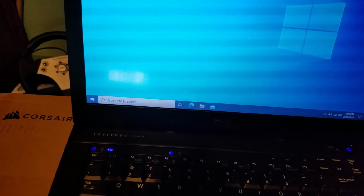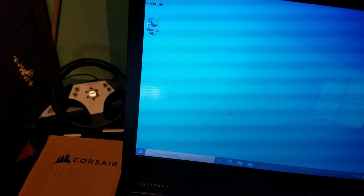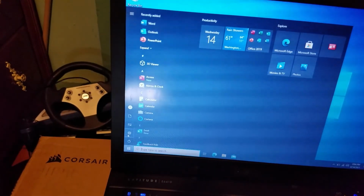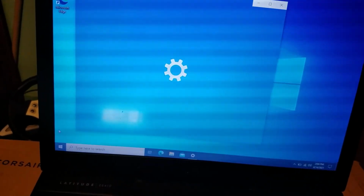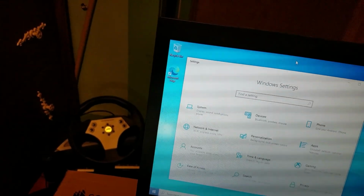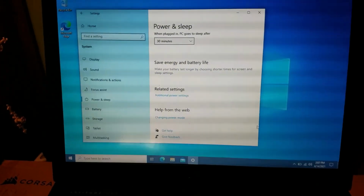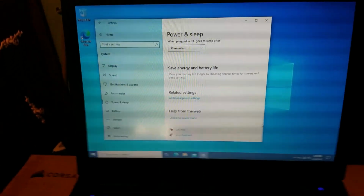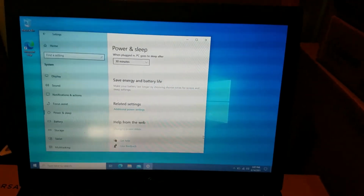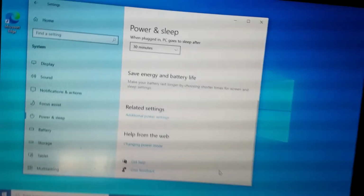Let's go to Settings. Alright, go to Settings. Now we're going to go to System. Alright, so we're at Power, and now we're going to scroll down to